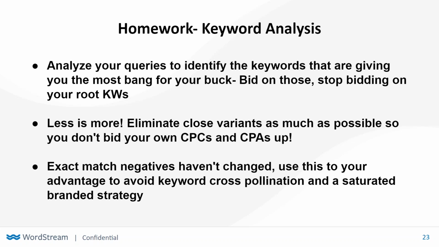So identify the variant or the type of that keyword that is the cheapest cost per click, that gets the most conversions, and really focus in on that. Less is more. I cannot say this enough. Eliminate your close variants as much as possible so you don't bid up your own cost per clicks and cost per acquisitions. And fun fact, exact match negatives